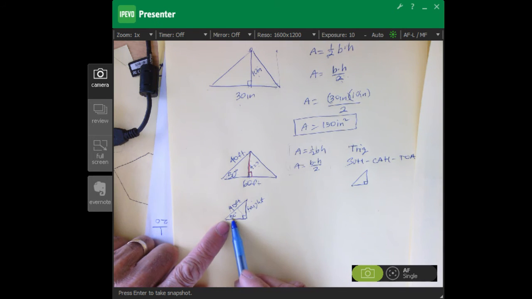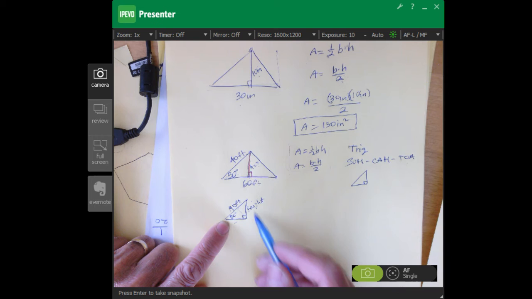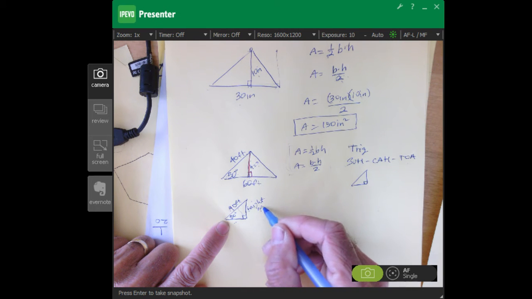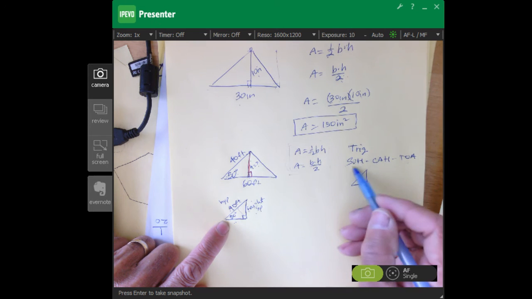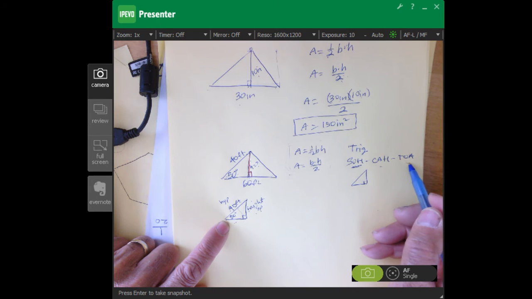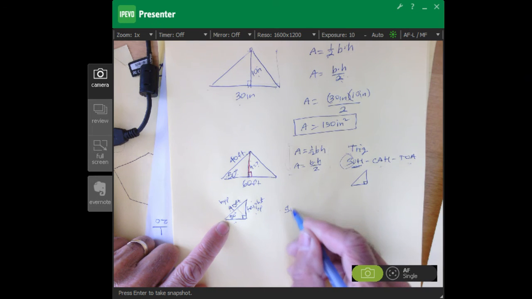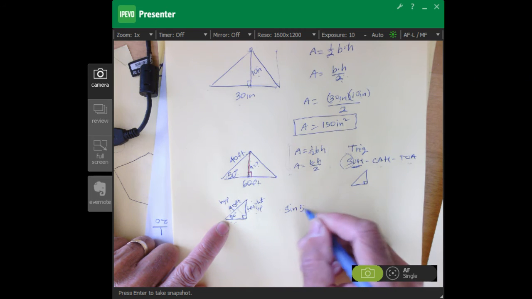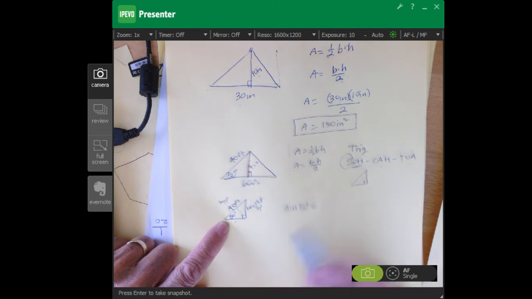So you want to look at this angle, just like we did before, and ask yourself, what do we have? Well, that's our opposite side. That's our hypotenuse. And so we have OH. So what we're looking at is the sine. So the sine of 50 degrees is going to be equal to our opposite side, which is our height,